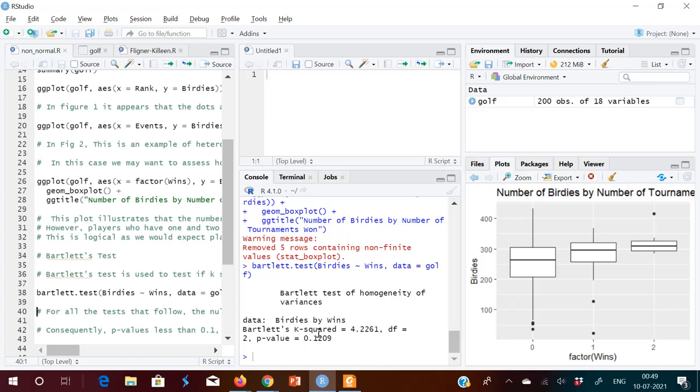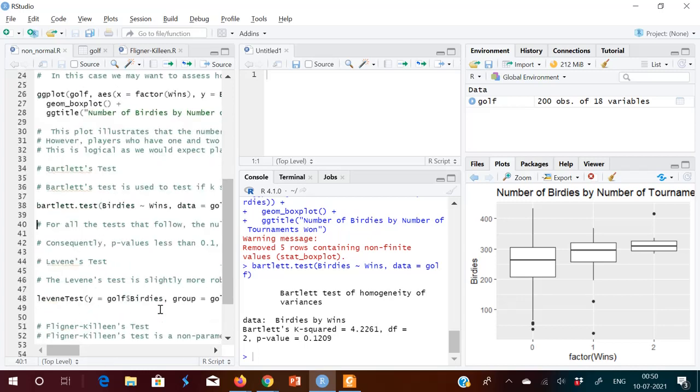So for all the assumptions, the null hypothesis will be there is no difference in the variance. So here we go by the null hypothesis because this p-value is greater than alpha. Now another test is there,